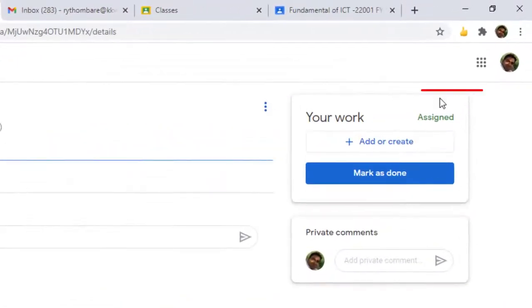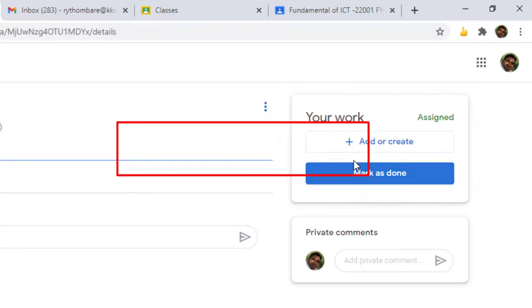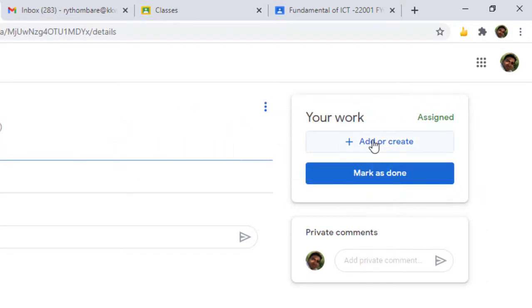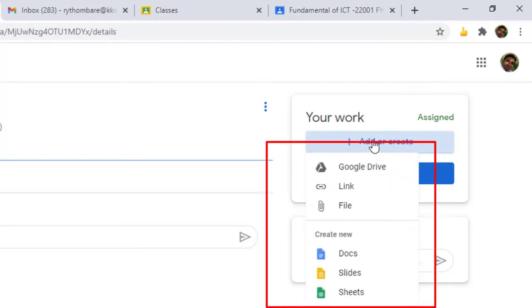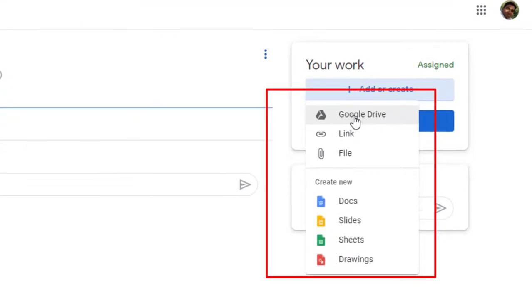Here is one section where you add or create your work. So click on the add or create button. You can provide a link, you can provide a Google Drive address, you can upload any type of file here, or you can create documents, slides, sheets and drawings by using the different applications of Google.